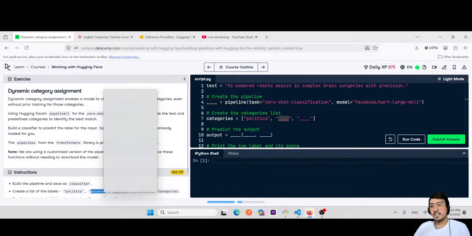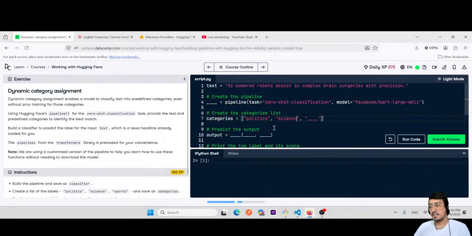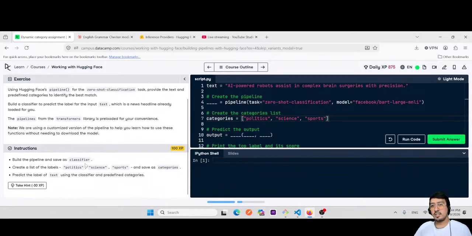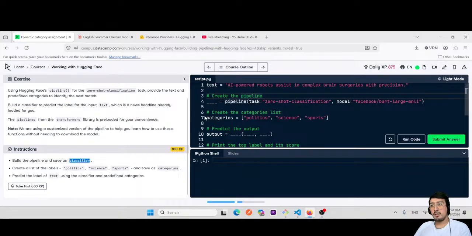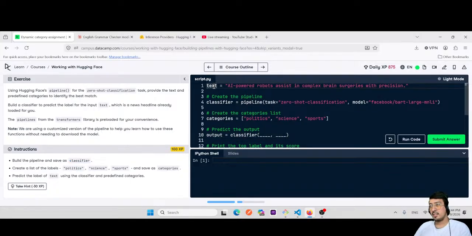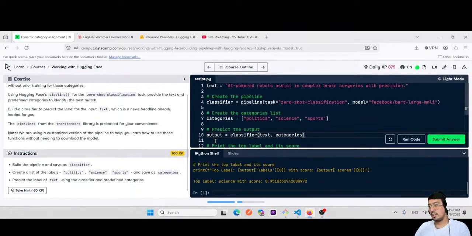Here, there's three categories: politics, science, and sports. The pipeline should be named as classifier, and I should classify the text, and I should put the categories here. And if I run the code here,